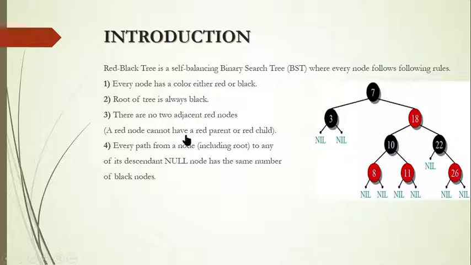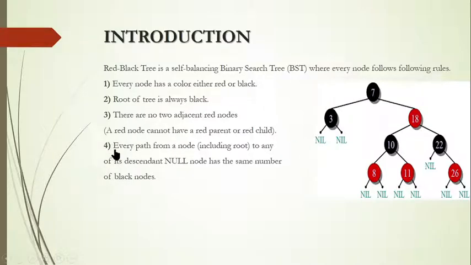That's not the scenario which we are talking about here. Inside the subtree, if you have a parent node, the two adjacent nodes should not be in red color. A red node cannot have a red parent or red child. You can see this is a red node. It cannot have a red parent or red child. So it should be having a black. You can see 18 is red, you have black.